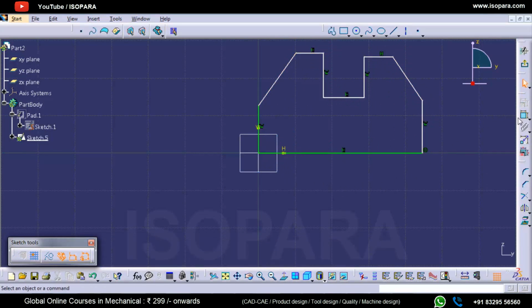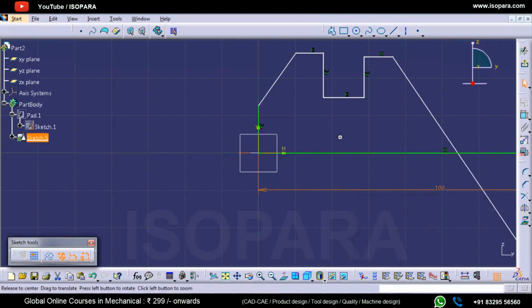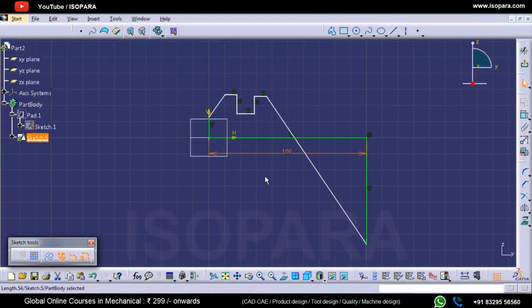Now whenever I give the dimension, let's suppose here 100, it will drastically change your sketch, and right now you have to make lots of effort to constrain it compared to the way I told you earlier.